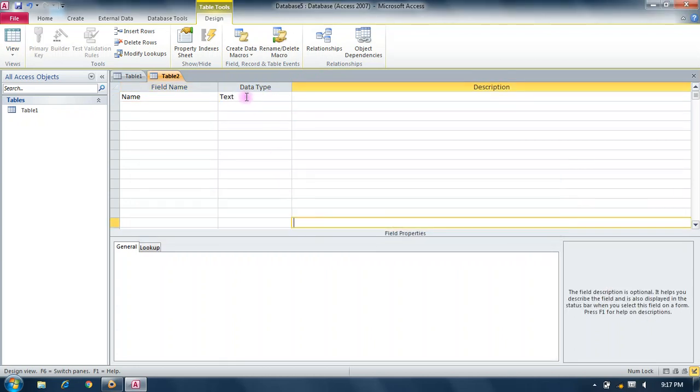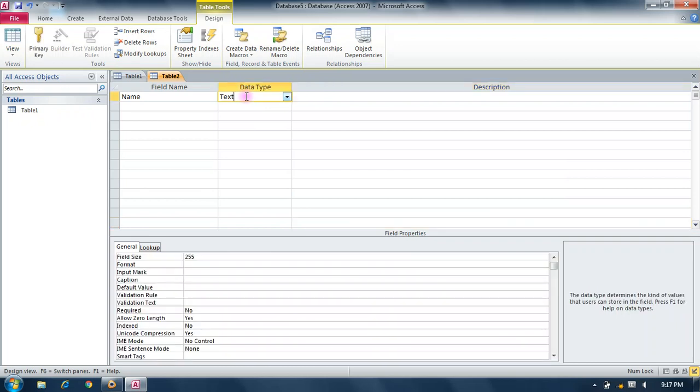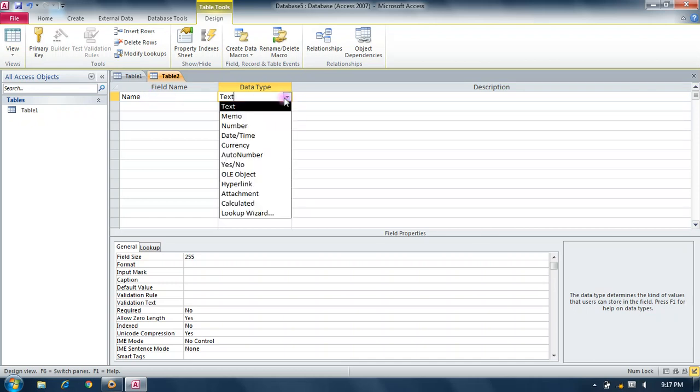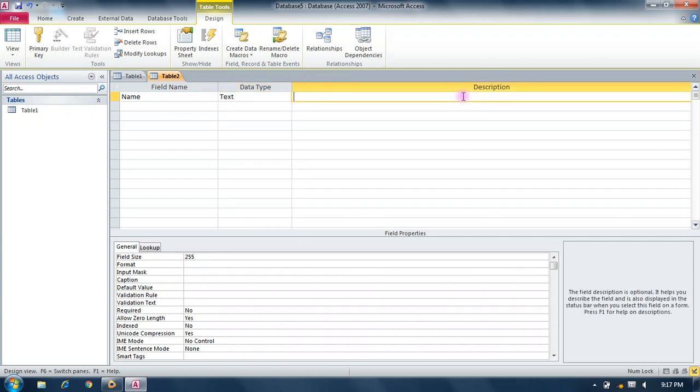Okay. Now select your data type and which type of your data. Field is your name. To name you can type in text or from drop down click. There are different types of data type which depend on your field name. So you can take text as a data type. Description if necessary, then you can give. Otherwise it is not needed in your database.